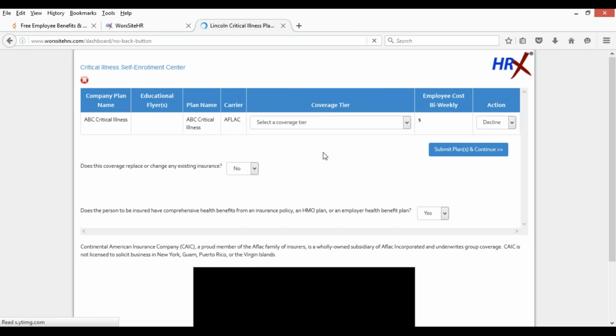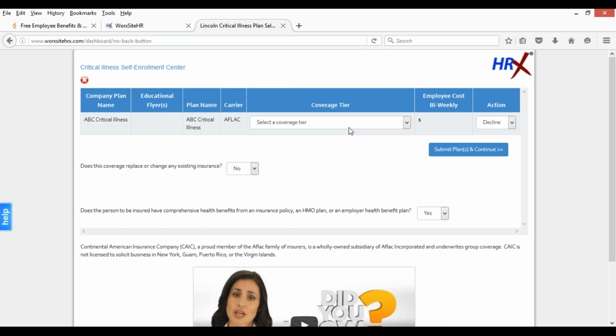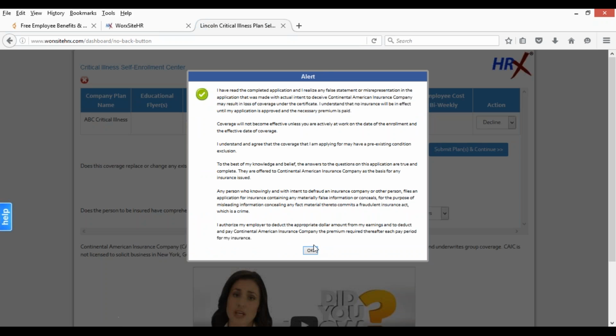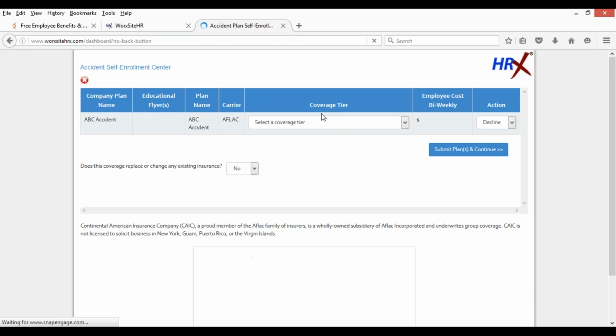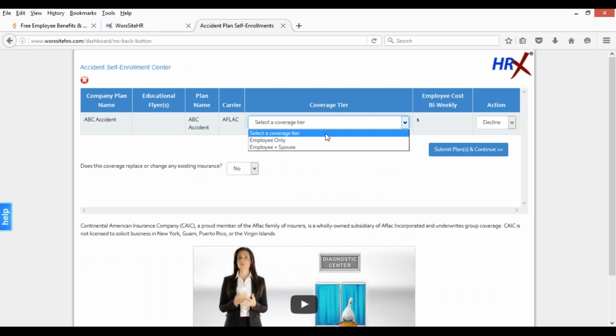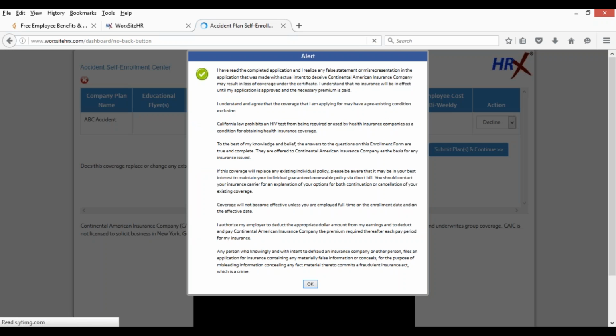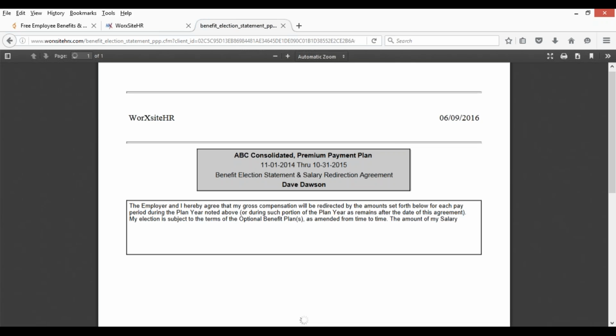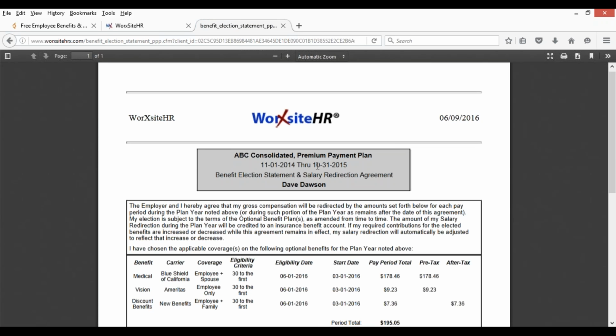to another voluntary product, which in this case happens to be Aflac. And you can see here the different tiers. Works just the same as the other products, except we're going to decline this one. And we'll click OK on the alert just to let them know that we've read everything. And we'll decline this one as well. This is the Aflac accident policy. And finally alert. And once we've gone through the entire sequence of products that are being offered to you, up